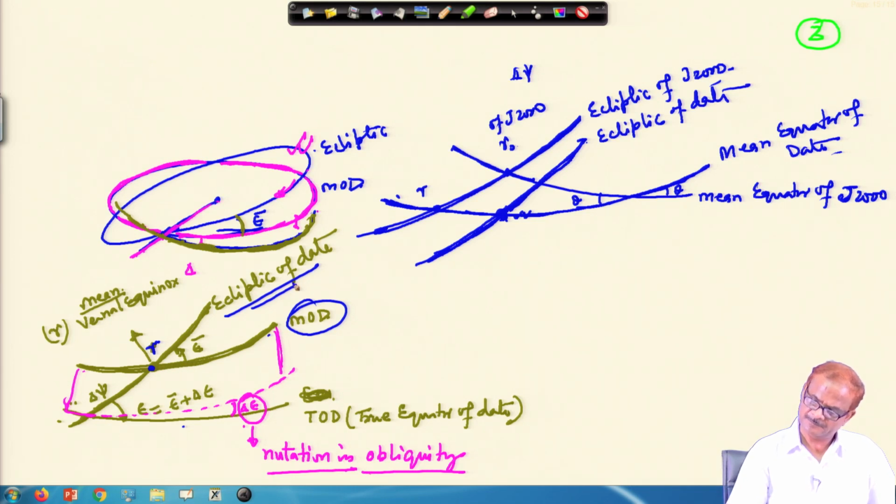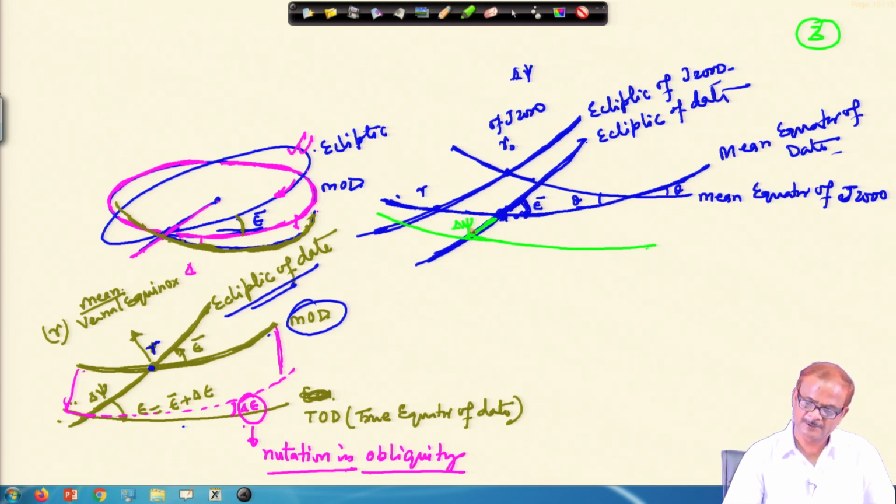MOD, ecliptic of date. This part we pick up. So, this is given by epsilon bar, and then we move by delta psi along this line. We move from here to here by delta psi along this line, so this is your delta psi. Both are combined together now, the nutation and the precession, and then again we convert it once we have given this.